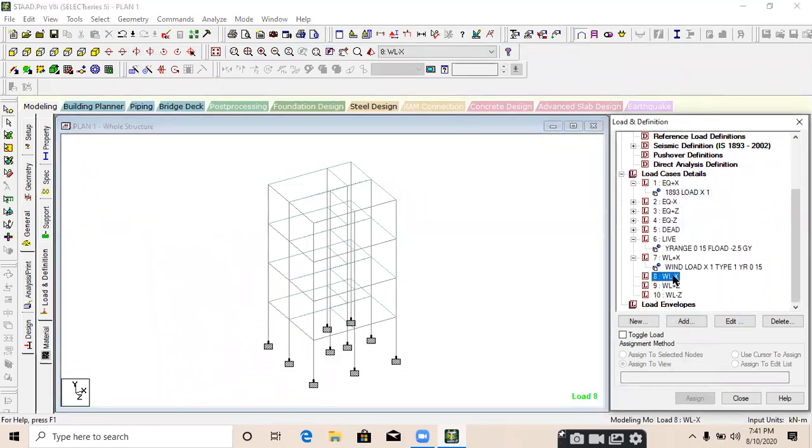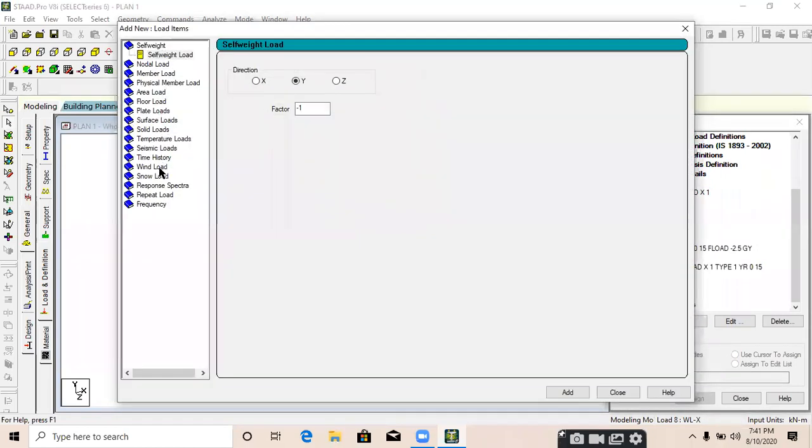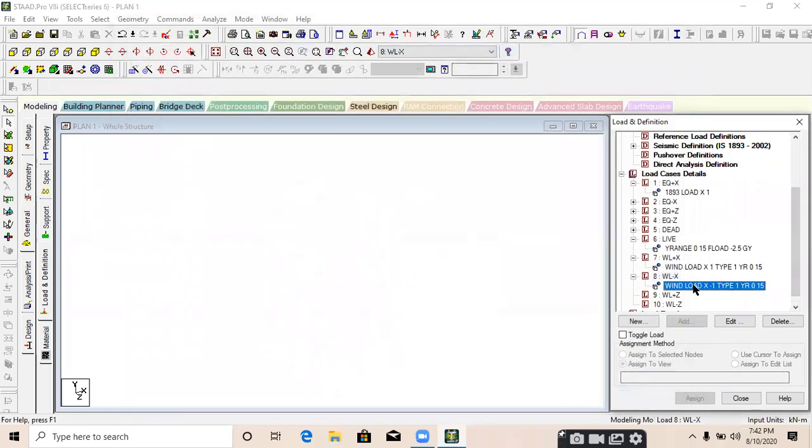Go to the next one, WL minus x, go to add, wind load, select this only. Okay, x windward phase, do not select minus x leeward phase. We are selecting x windward phase and providing a -1 factor and 15 meter height in y range. It's the height of the building.